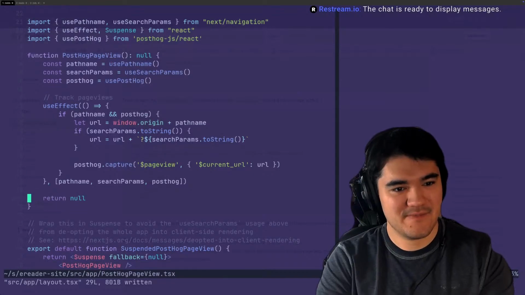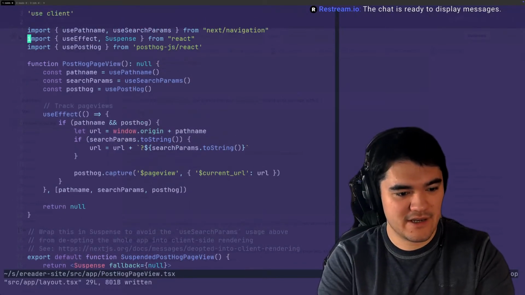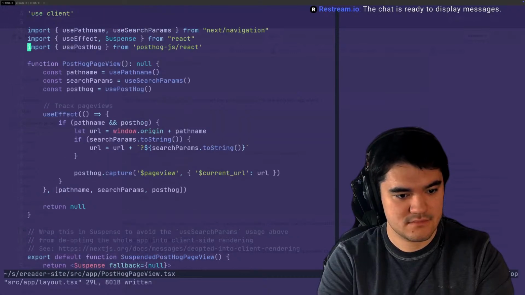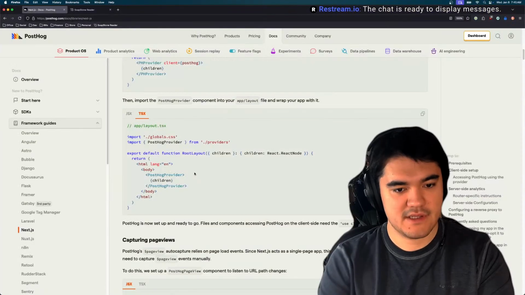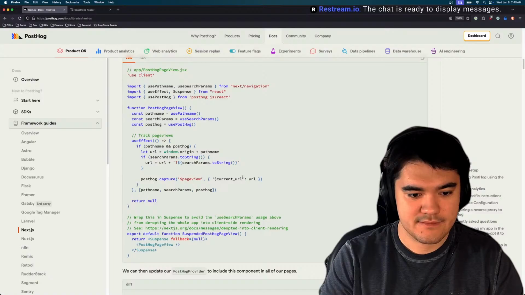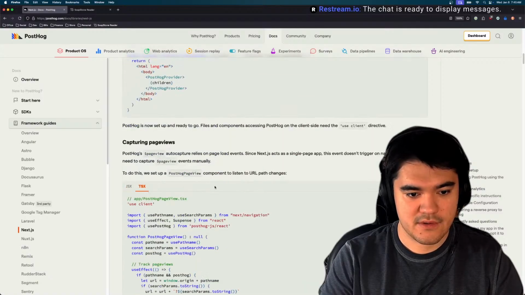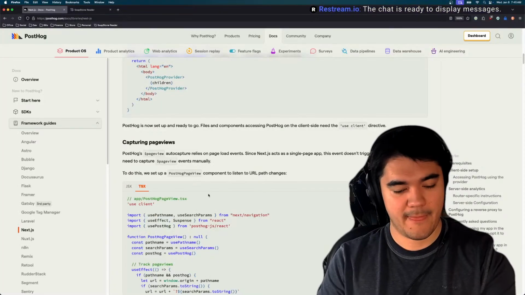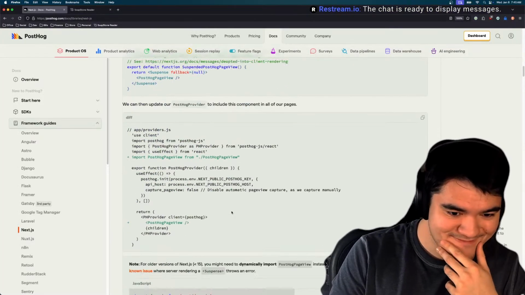Fight tooth and nail with Node here to get things to work. Okay, well let's take a look at that Suspense crap. So PostHog's PageView.tsx. Okay, yeah, I screwed that one up.